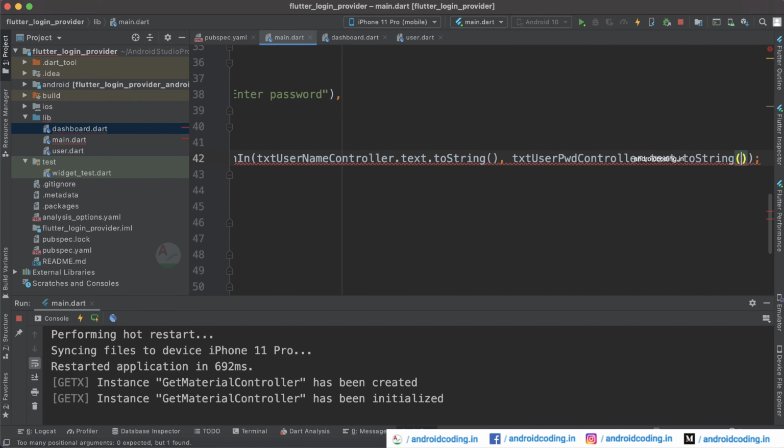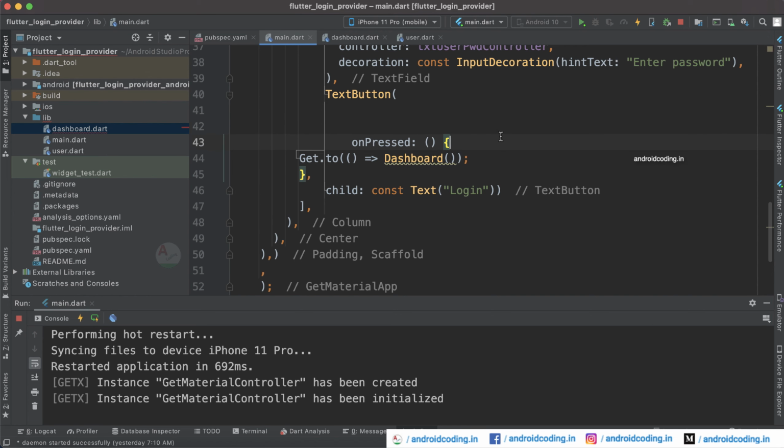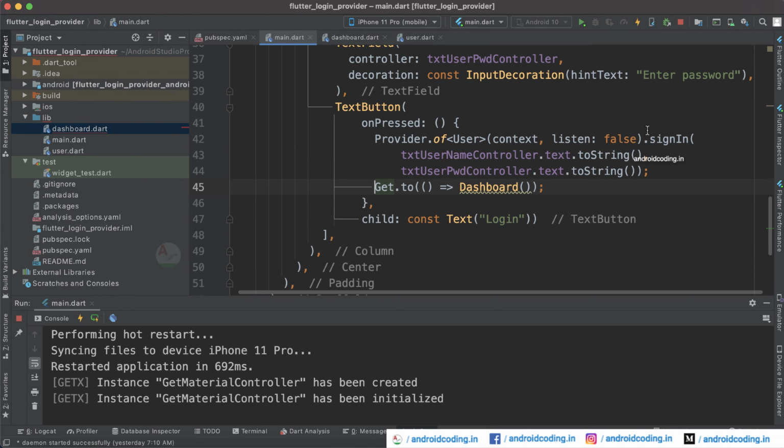Now let's reformat the code. This block should be inside onPressed, so it is showing an error; let's reformat everything. Now we have specified the username and password with the help of Provider, and we are trying to move to the dashboard screen here.